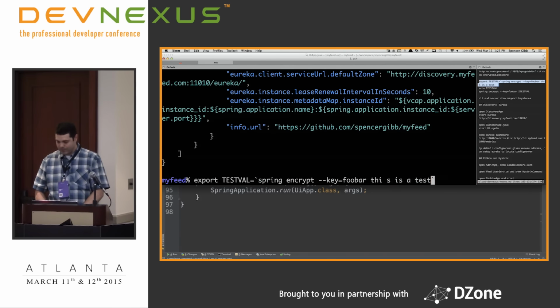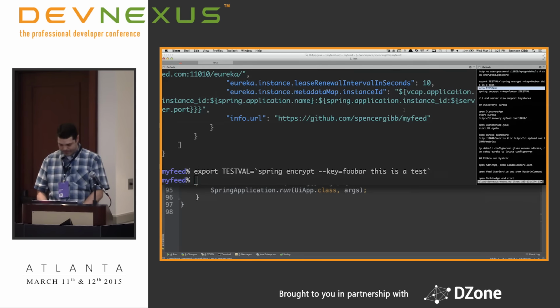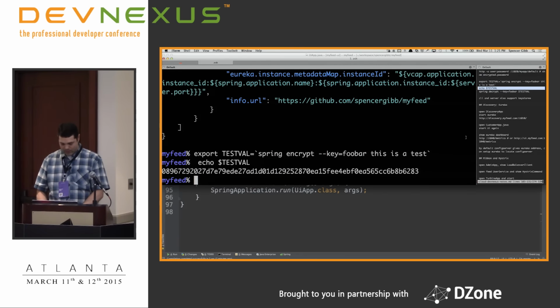There's a Spring command line utility, and we have updated that utility to support encryption. Here I'm going to create an environment variable that I'm going to encrypt with the Spring CLI.